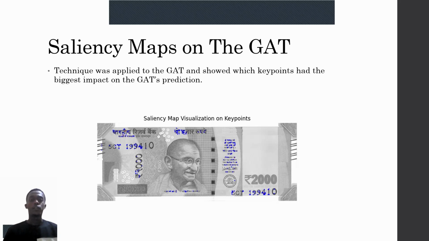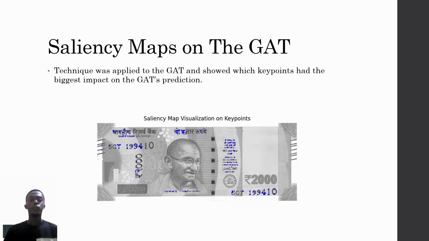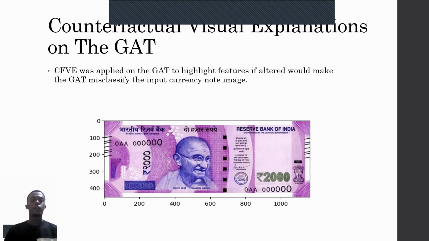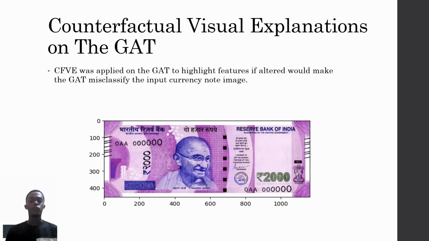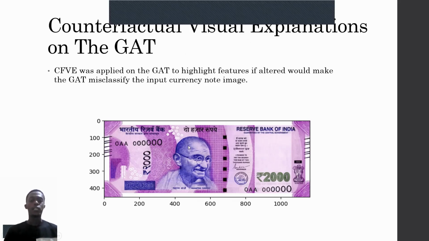feature. Then moving on, we also applied counterfactual visual explanations on the graph attention network, and this simply helped us highlight features that, if altered, would make the GAT misclassify an input image. That would mean if you input a real currency note image, it would misclassify it as a fake note image if you changed one of these features. These features were highlighted in blue, where you could see Mahatma Gandhi's head in the center, the denomination stamp on the bottom left, and then